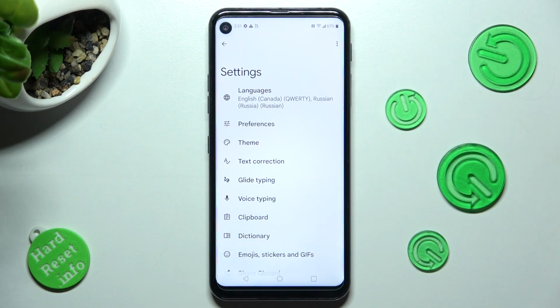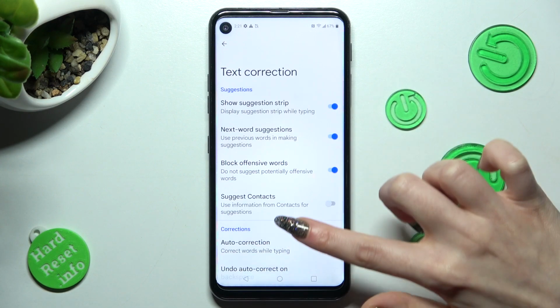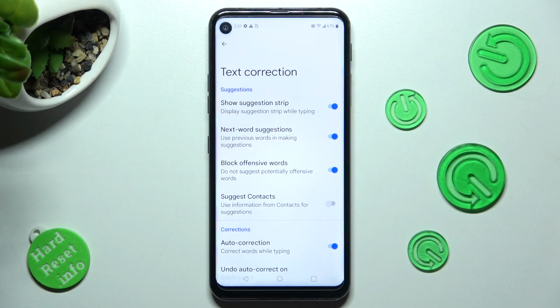From here you need to click on Text Correction, and as you can see, all typing features are available over here. In order to switch on or off one of them, just click on the switcher next to the chosen one. You can also go back,